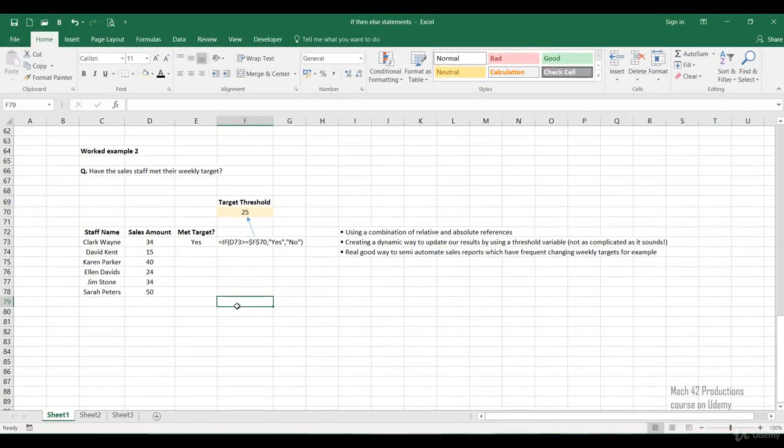Okay, in this worked example, we've got a set of sales data, and the question we're asking is, have the sales staff met their weekly target? Now, in this instance, the weekly target is 25. So what we're going to do is, again, use an if-then-else statement, construct a test to test each sales amount